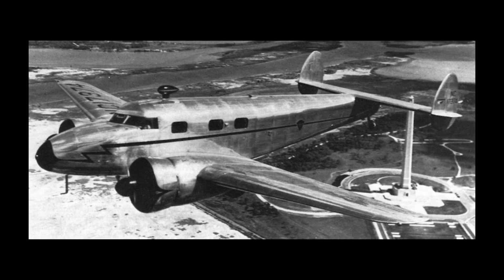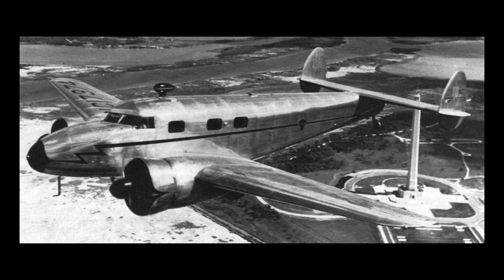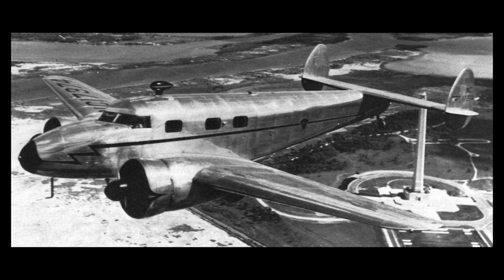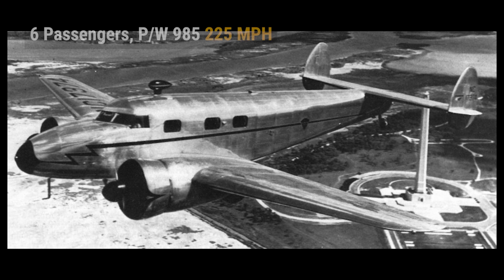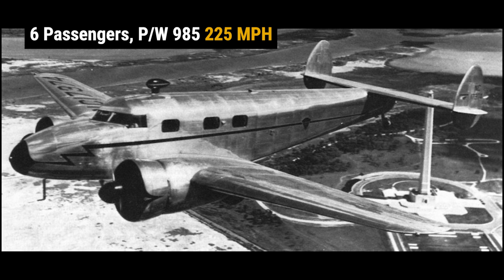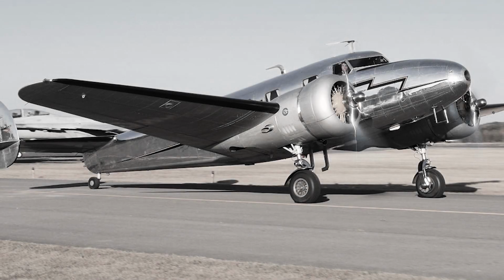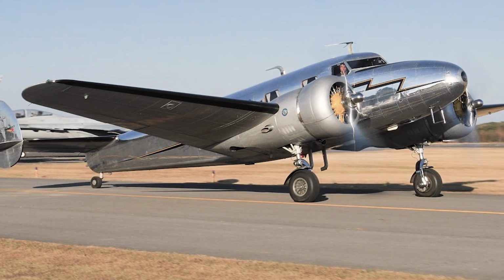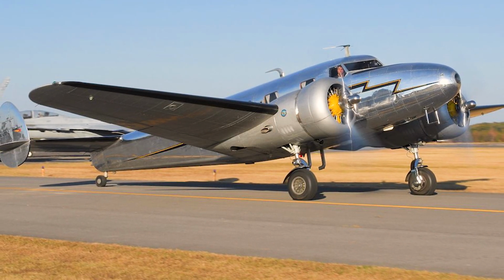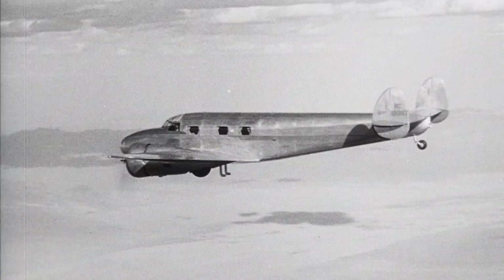The Electra Junior, also known as a Lockheed 12, would carry 6 passengers and 2 pilots, but it would use the same 450 horsepower Pratt & Whitney engines like the big Electra 10. This made it faster than the bigger Electra with a top speed of 225 miles per hour. Like the Electra, the Lockheed 12 was an all-metal airplane. It had low-drag engine cowlings and 2-bladed props, and it also had the Electra's twin-tail fins and rudders, which were